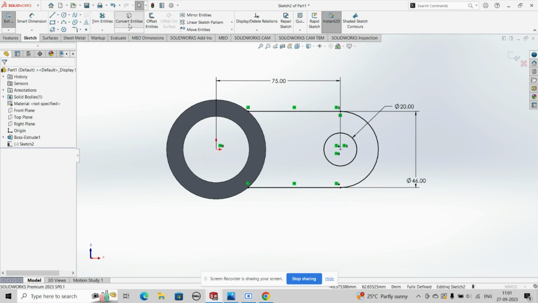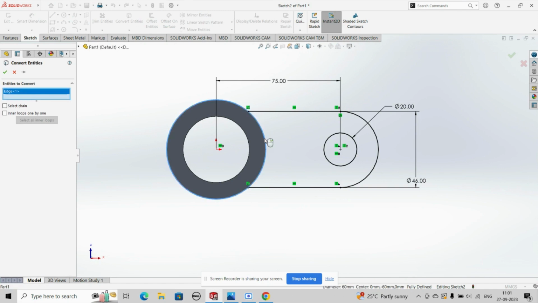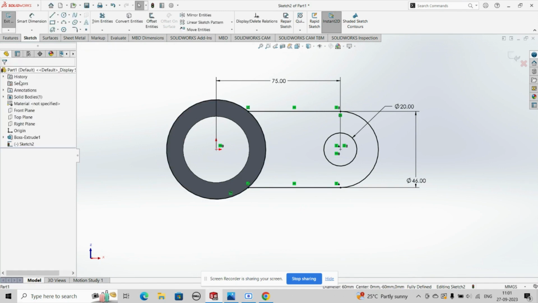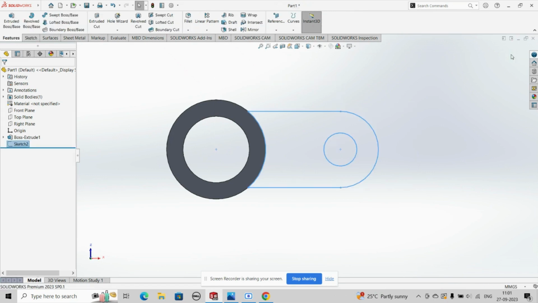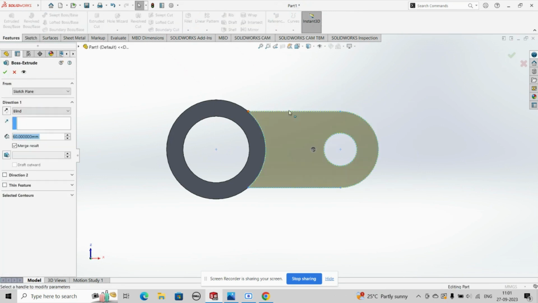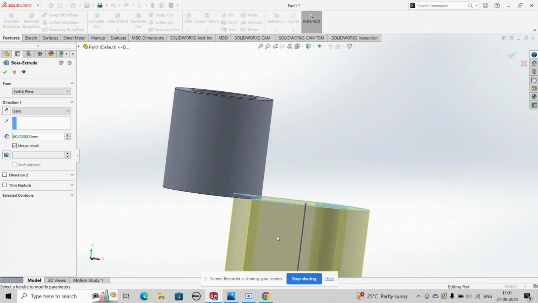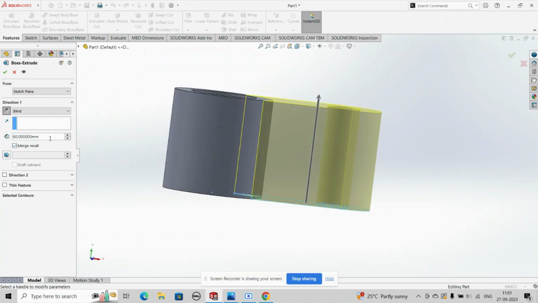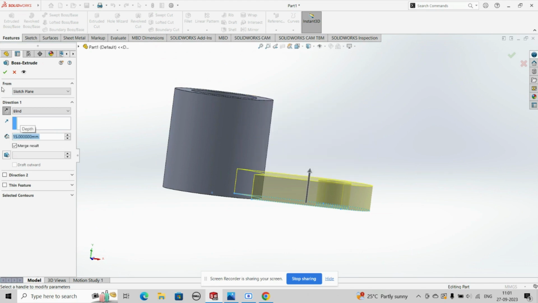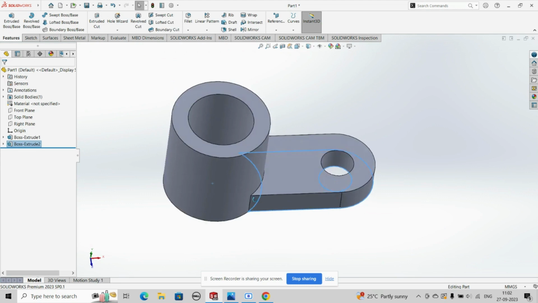Now convert using convert entities, extract the edge and then give out. Trim this outside circle. Now exit from the sketch. Extrude. Reverse direction. 15 mm right. Then